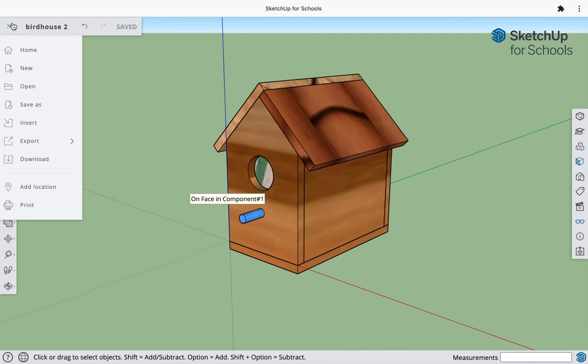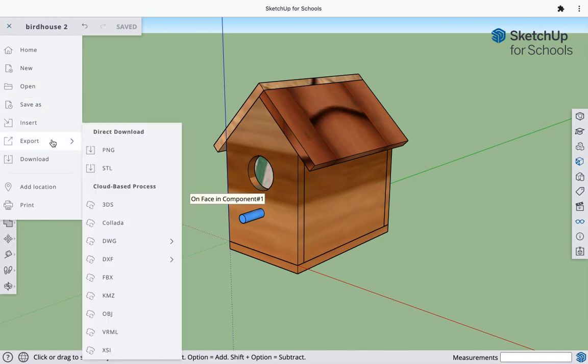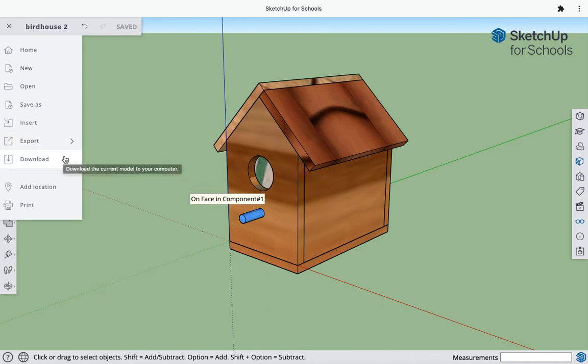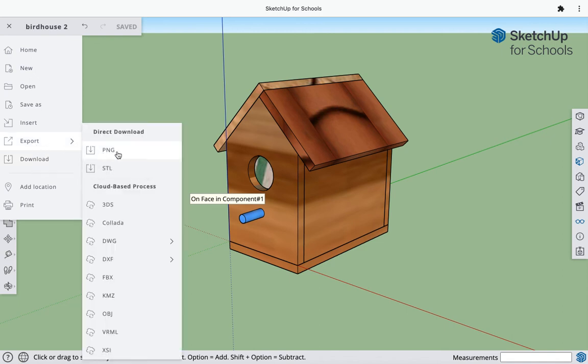And then I'm going to click up here. This is how you turn in. Come over here to export. Export as a PNG. Do not export as an STL, and do not hit the download button, because that will download the actual SketchUp file to your computer. That's not what I want to see. What I want to see is just a picture of it. So click on this button, PNG,